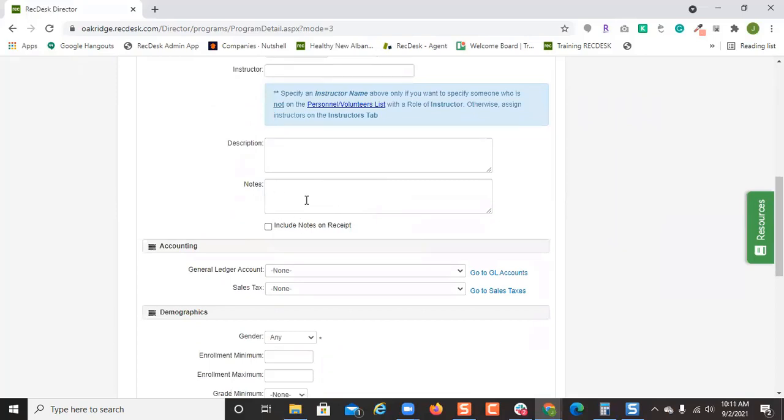Type in your description and make sure you put in notes and check off the box for including notes on receipt. This is a great place for those of you who have specific shoes that are required, something like